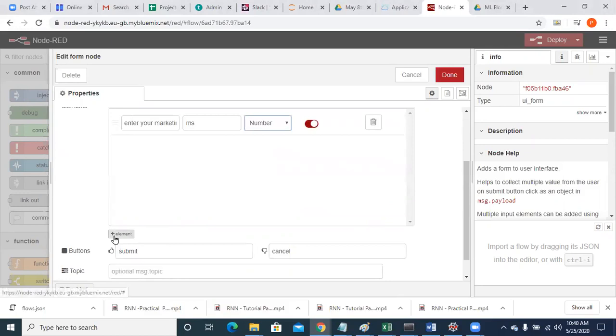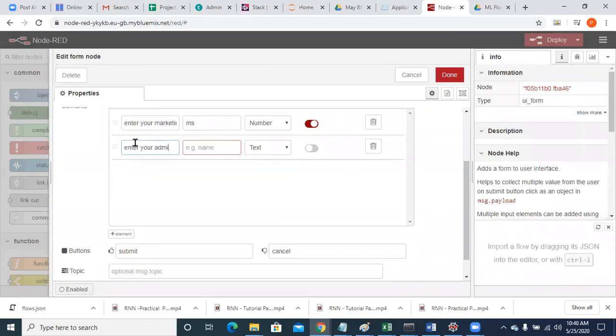Then next, add another element and give enter your administrative amount. I am giving the name as AD. This is a number and just put that as required.